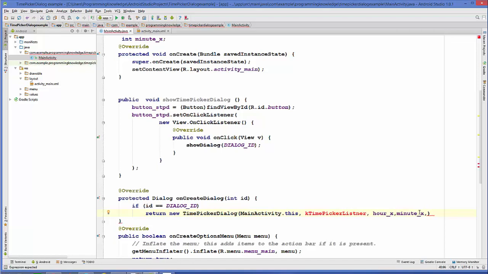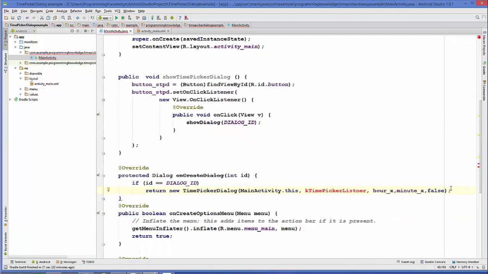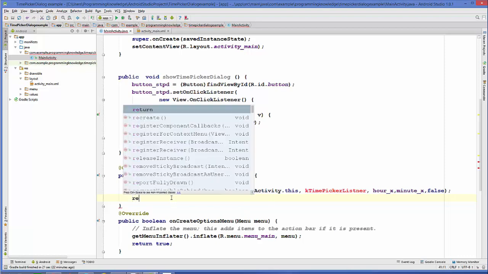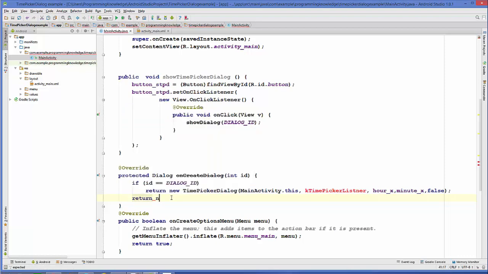And the last argument, the fifth argument, it takes is what format of time picker dialog you want to show. Is it 24-hour format or 12-hour format? And by default it asks for the 24 hours, which we don't want, so I will set it false. Okay, so once you have done, by default if this condition is not fulfilled, we are going to return null. In any other condition we are going to return false.